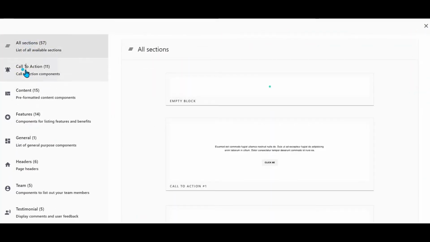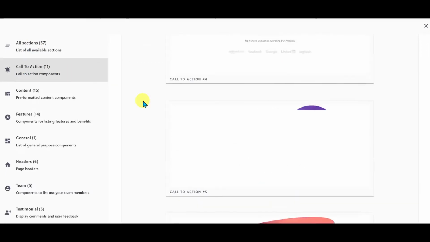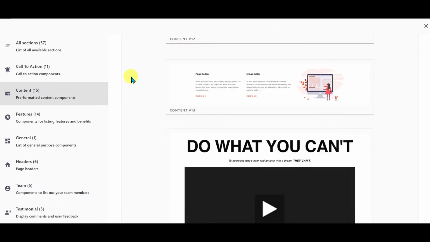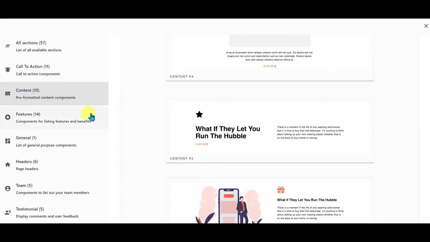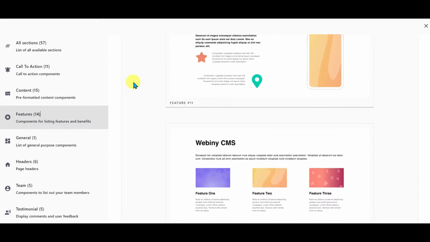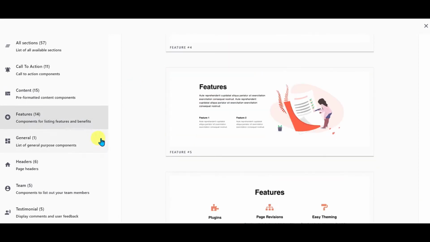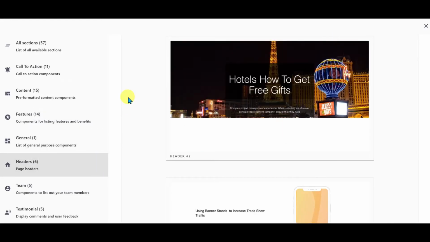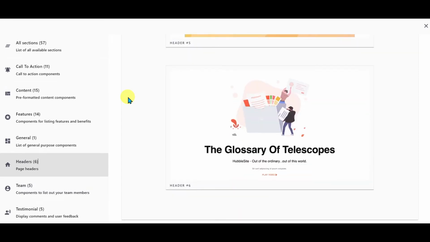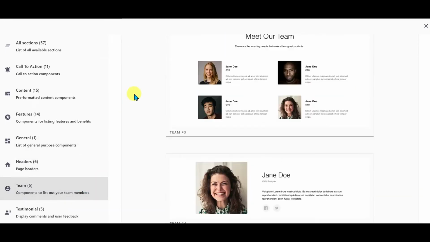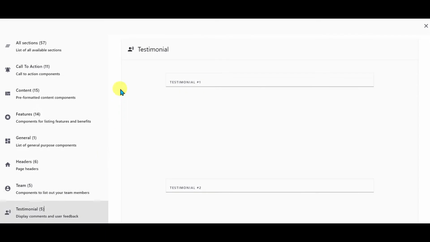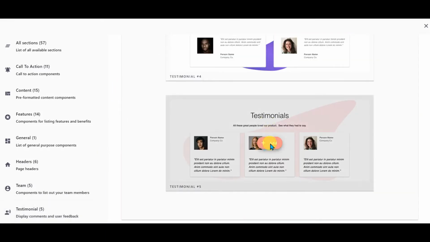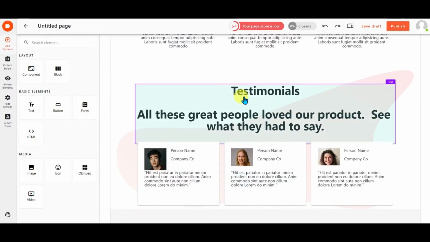There are calls to action, content blocks, features, general blocks, headers, teams, and testimonials. We'll just add this testimonial component to our web page, and we can edit it to our liking.